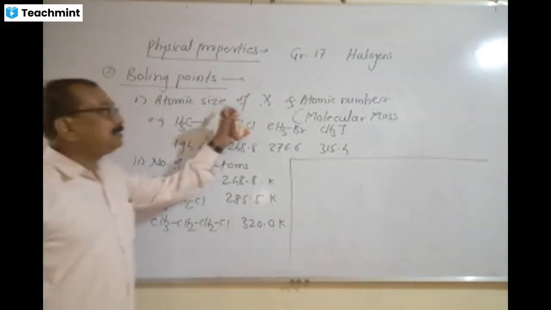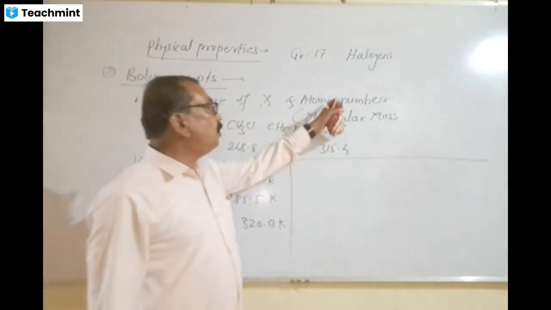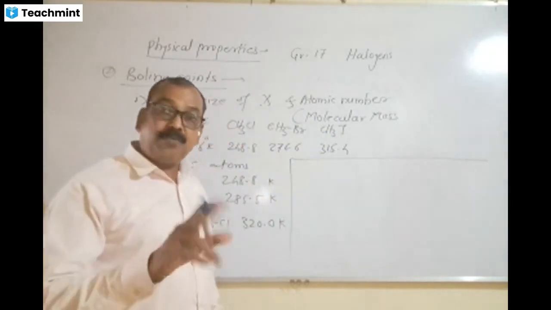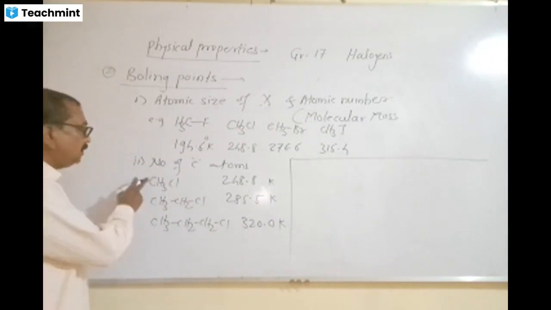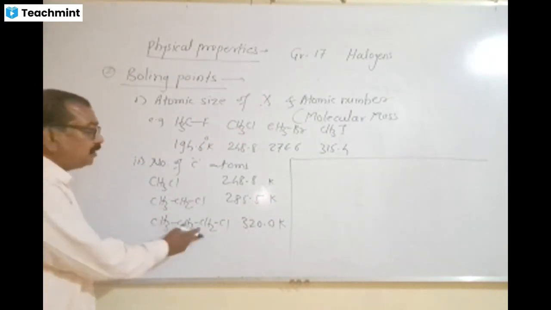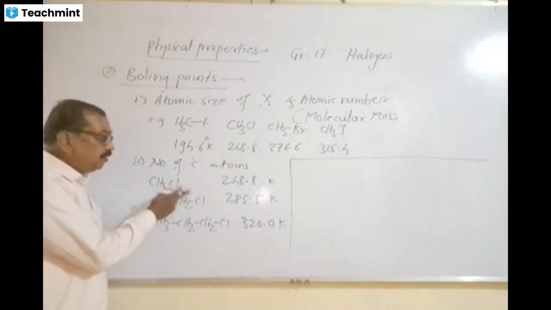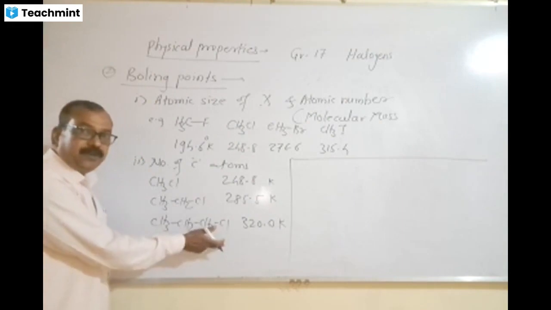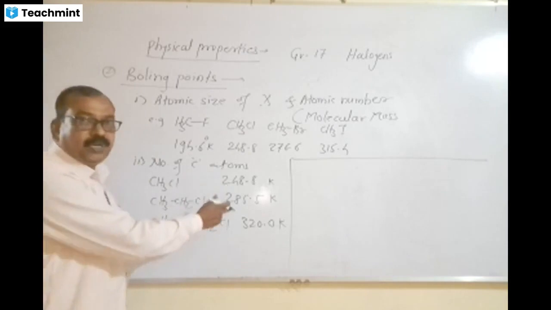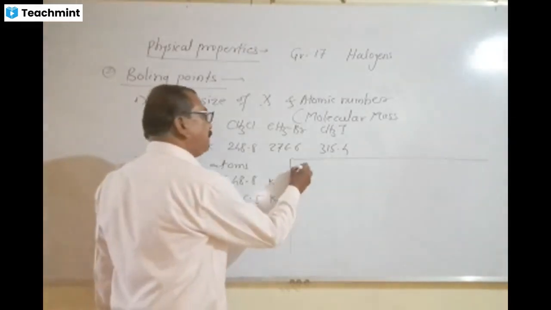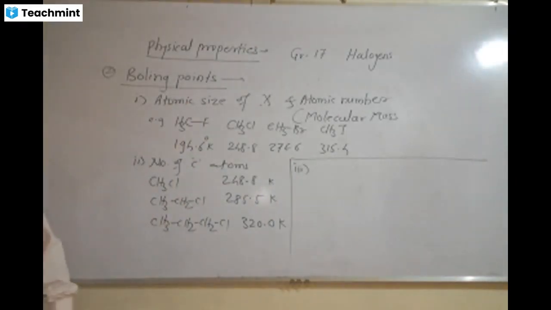First factor क्या है? Atomic size, atomic number and molar mass. Atomic size increase झाले, molar mass increase होता, molar mass increase झाले की boiling point increase होतो. इथे explain केलं आहे. Second factor is the carbon atom. As number of carbon atom goes on increasing, boiling point also goes on increasing. इथे explain केलं फक्त एक example. तिन्ही compound मध्ये halo group same आहे, chlorine, chlorine, chlorine. But number of carbon atoms are different, 1, 2, and 3. Therefore, boiling point goes on increasing. And third factor, which affect the boiling point,